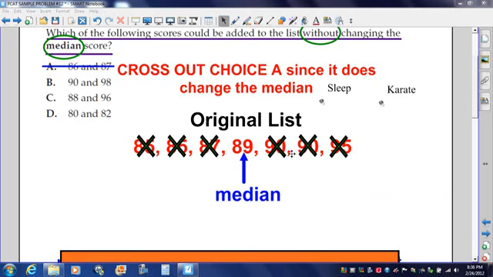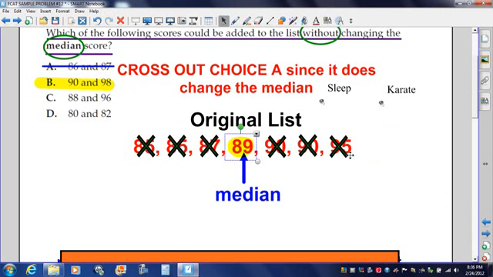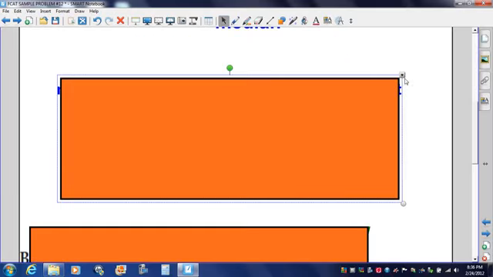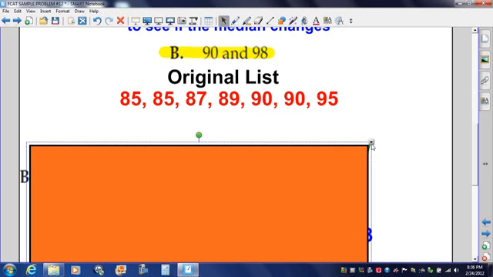Okay, remember this was our original list, and our median was originally 89. What am I going to do now? I'm going to add 90 and 98 to the list to see if it changes my median. Where did I get 90 and 98 from? It was choice B. So on your paper, if you would,